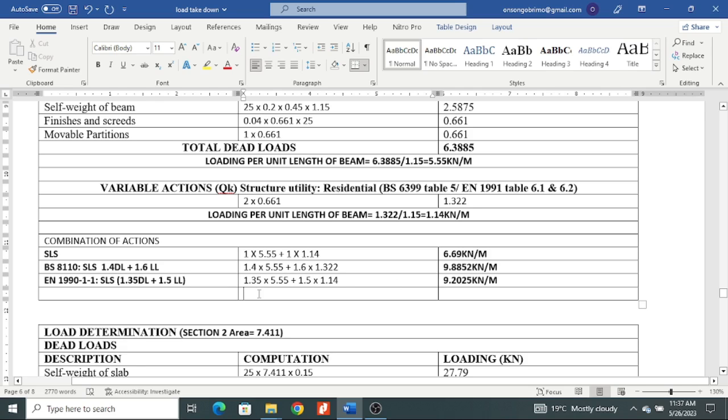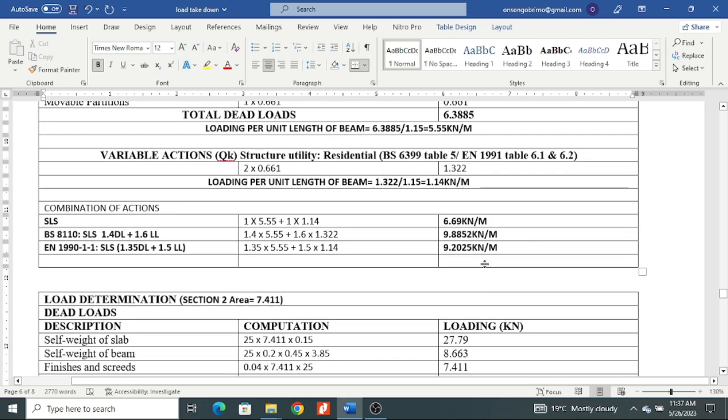SLS is the serviceability limit state, where you assume that you do not have any factors of safety. That is why I have used 1. But once you include factors of safety, then it becomes ultimate limit state design,